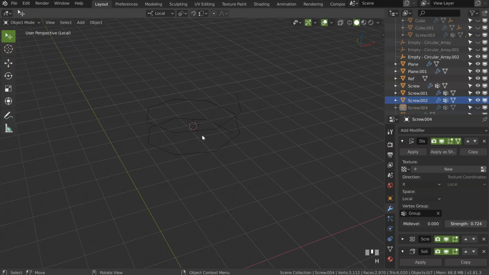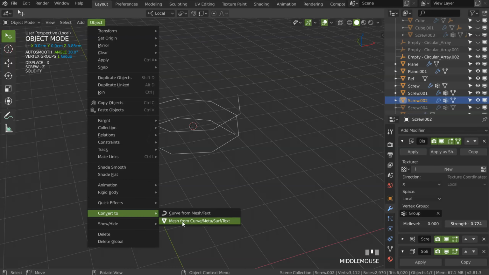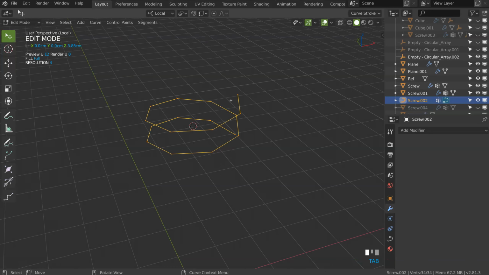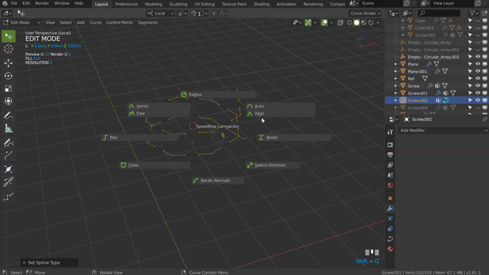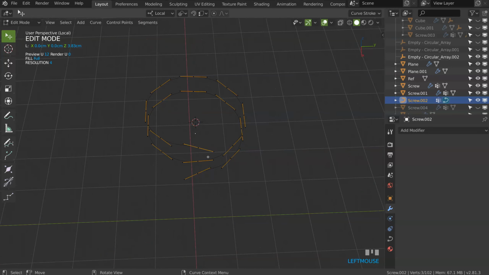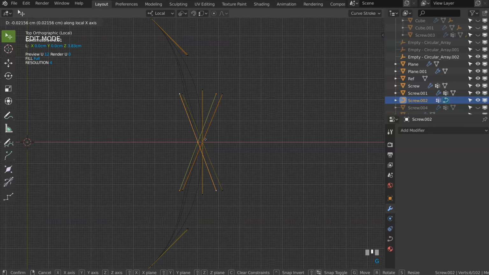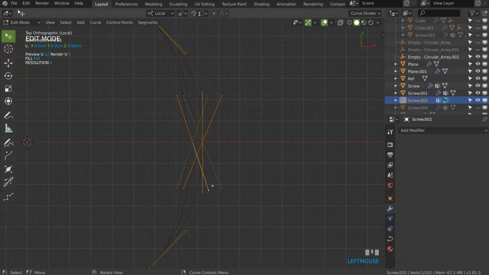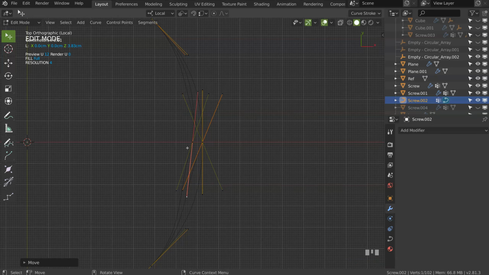Duplicate this one, hide it, take this one, and I will go in Object, Convert to, and Curve, like that. Go and select all your curve, and with the add-on you will activate the Bezier, and you will make it auto. So that will give you this kind of result. Okay? What we want to do now is to select those two, come here, and enter here like that a little. And after you will be able to edit this to have something better. Select the other one, edit this one, press G, like that.